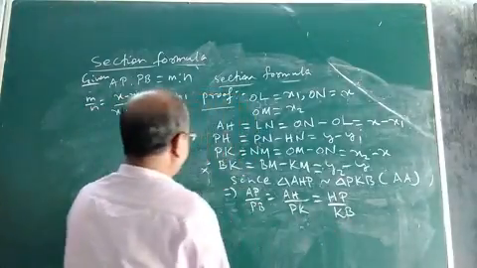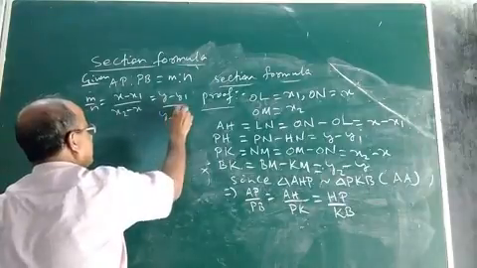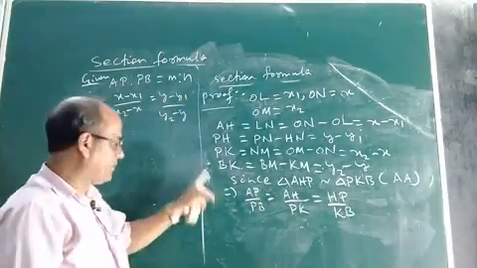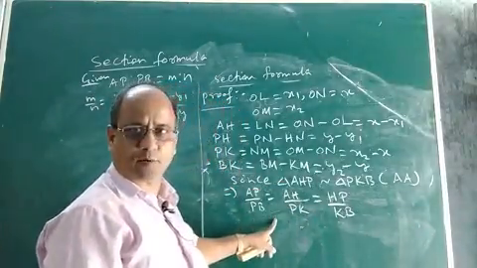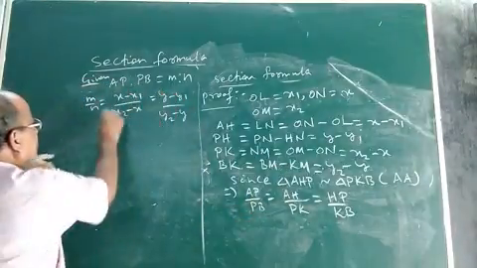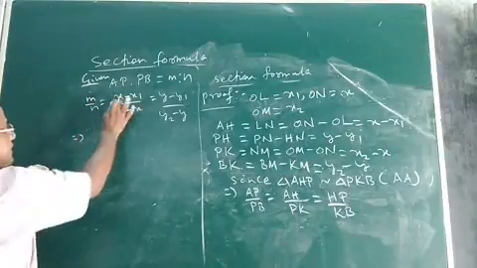Then KB, where is KB? BK. BK is Y2 minus Y. Yes. Now we got the ratio of all the three pairs of corresponding sides of the two similar triangles are proportional. So now you just put the values and simplify. On simplification, you see, M by N equal to X.